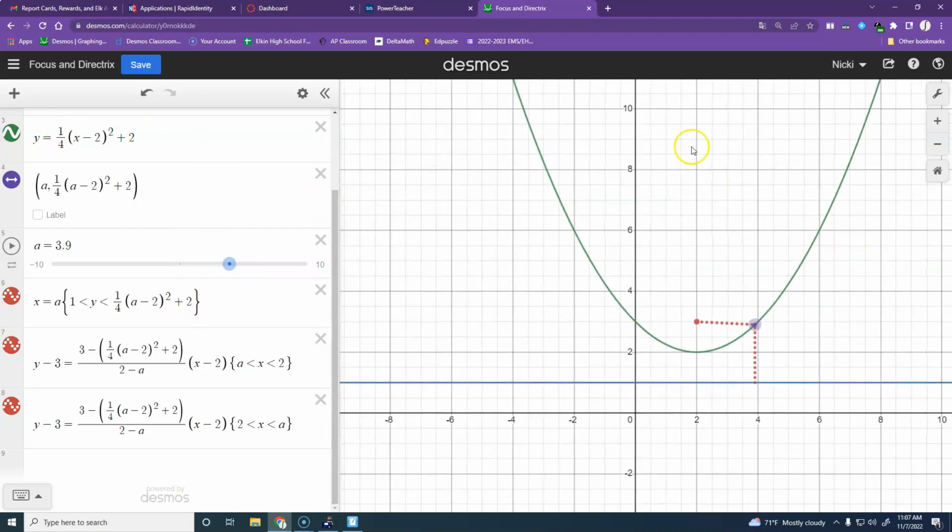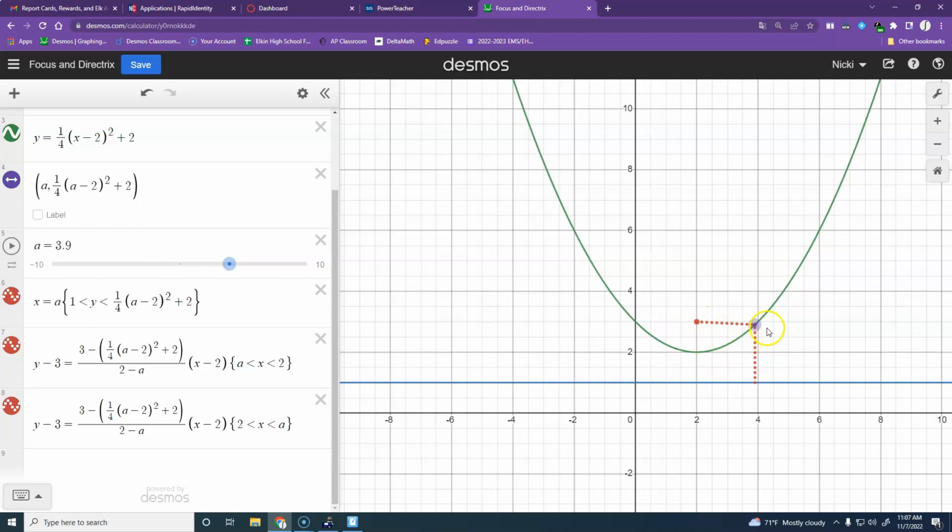So I have a parabola here. This red dot right here is my focus. This blue line is the directrix. Notice that they are the same distance from that vertex right there. So this is up one, this is down one, right? And so the definition of a parabola is all the points that are the same distance from that point and